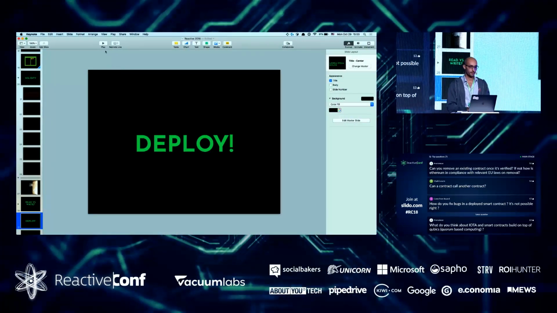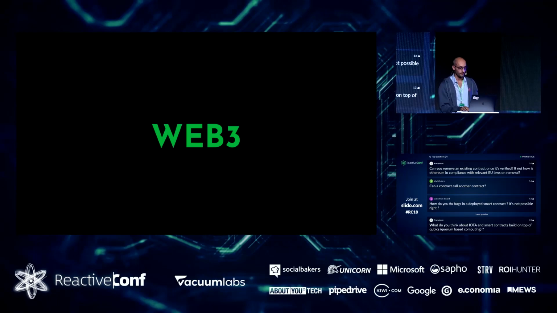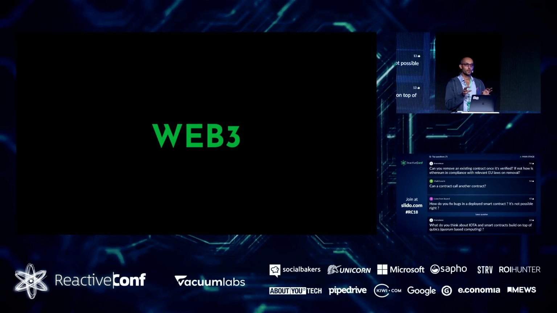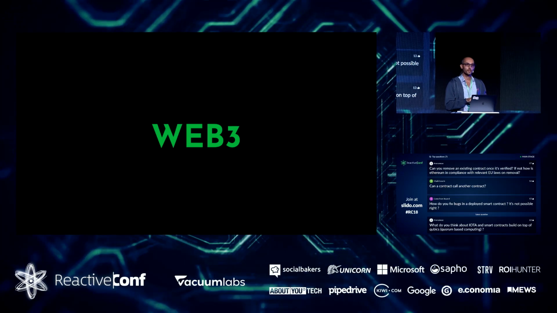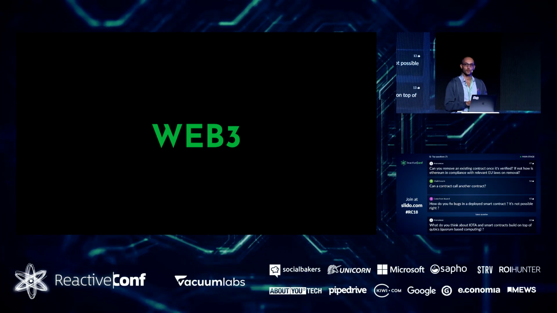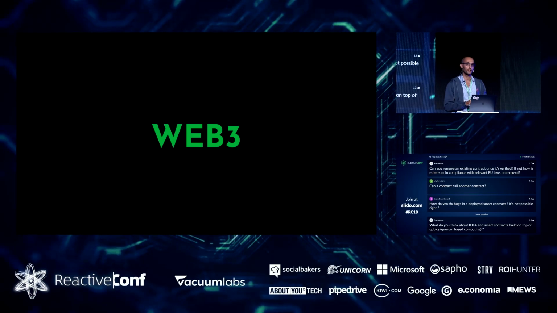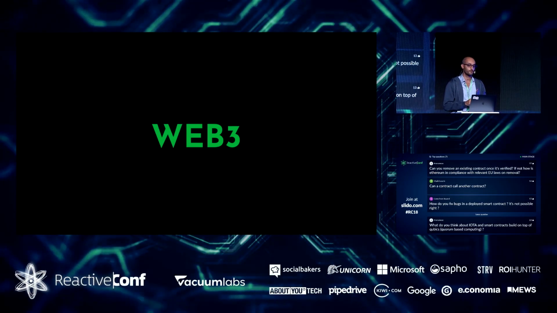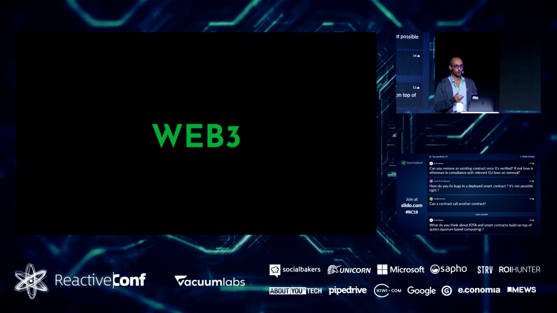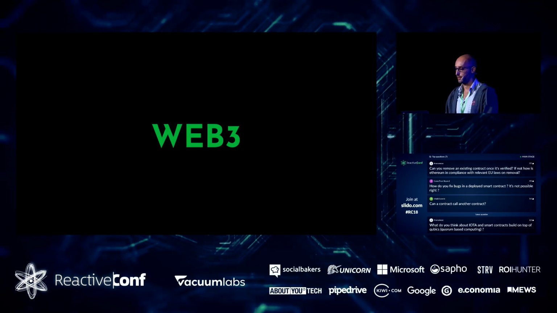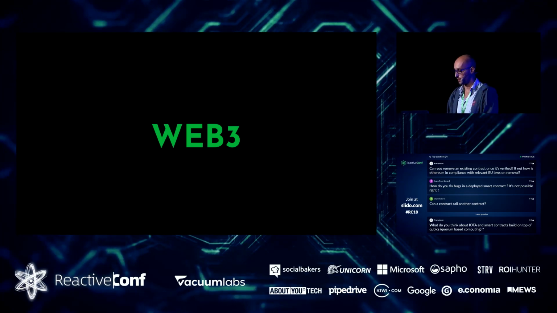Let me jump back to the presentation for a second. So I want to do a quick recap of what we've done. So we wrote a contract of our own. We had our local node running. We deployed the contract, right? And we connected it successfully with JavaScript to a React application. And while it all worked, in reality, you probably won't be doing things exactly like that. Because there are a few things we have to consider.